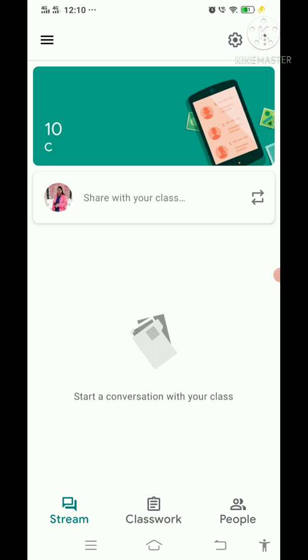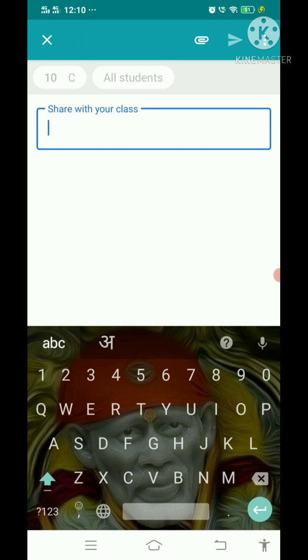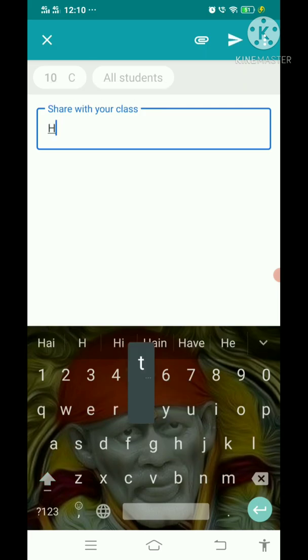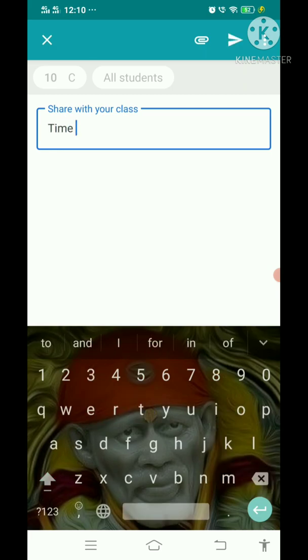using the share with your class option, various information can be shared. We need to mention a heading, whatever you wish to share. As I am mentioning here, timetable,